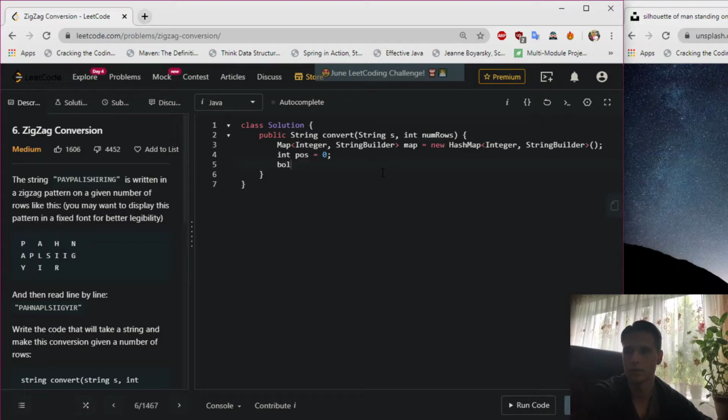Then we create a boolean direction. We set it to true,